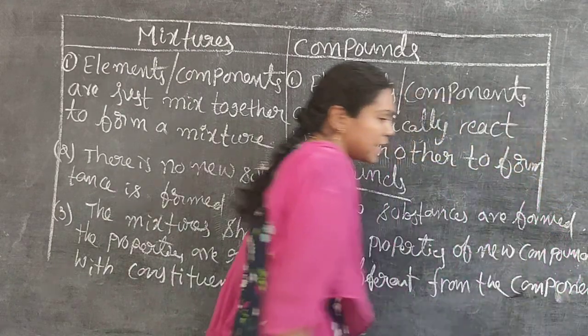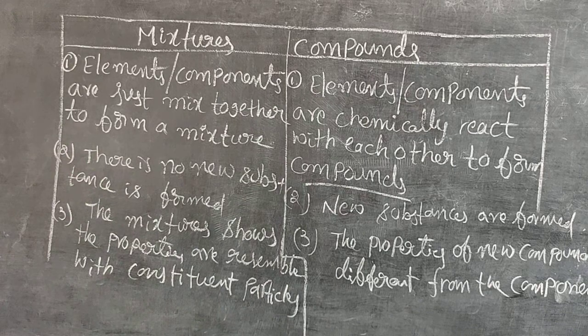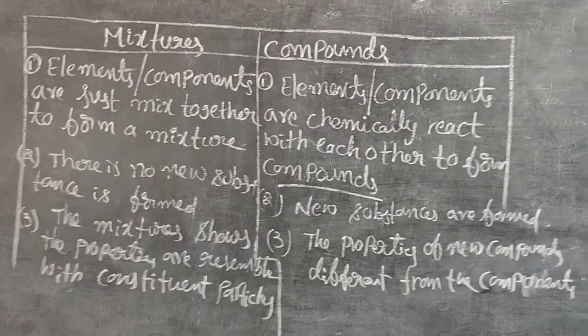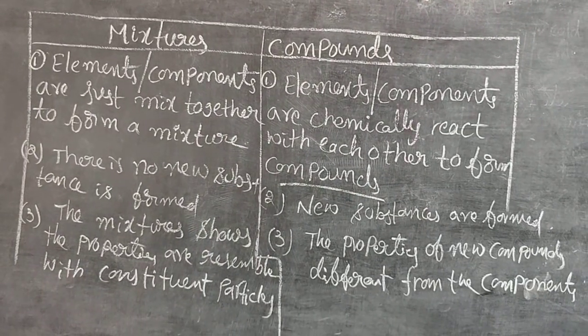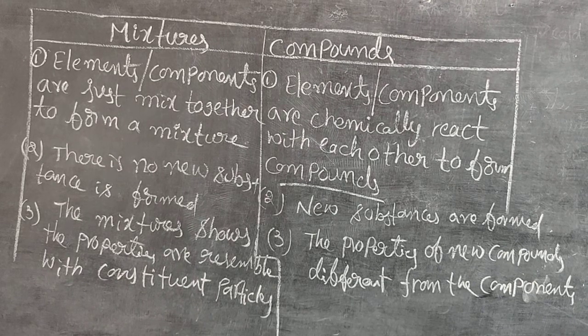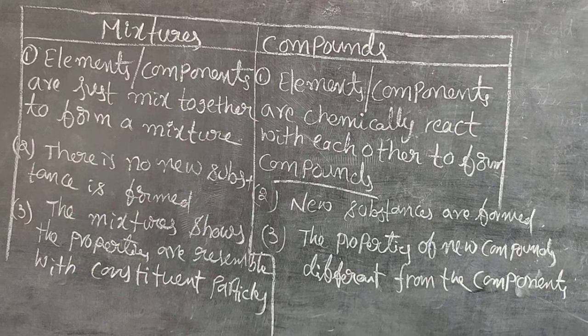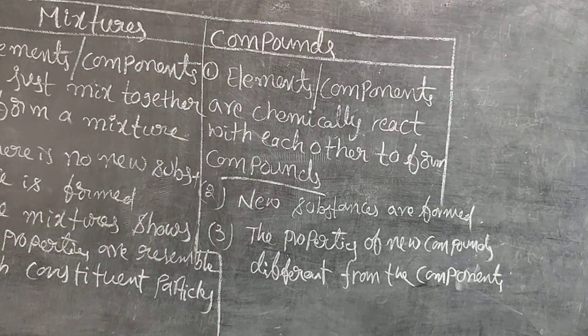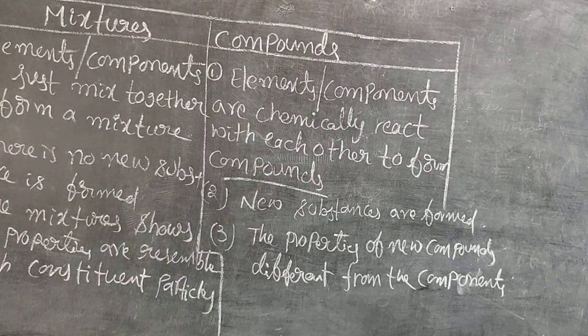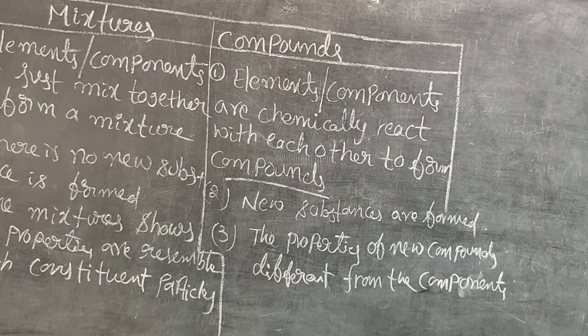Are you understanding the third part? Once again see carefully. The mixture shows properties that resemble, meaning having similarity with, the constituent particles. But here in the third point, the properties of new compounds are different from the components which are present in the